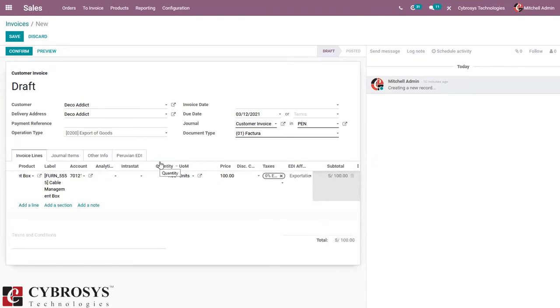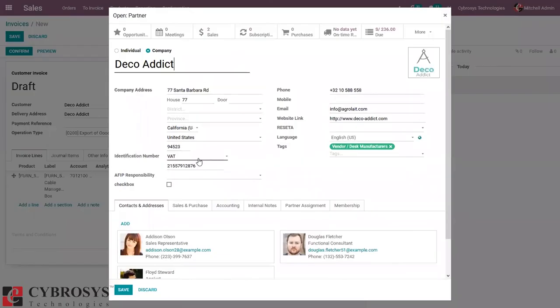So you have to make sure that the identification type set on your customer is foreign ID, and operation type is export of goods. So it's already set. Then taxes included in the invoice line should be EXP taxes. So here we have to select identification ID as foreign ID.